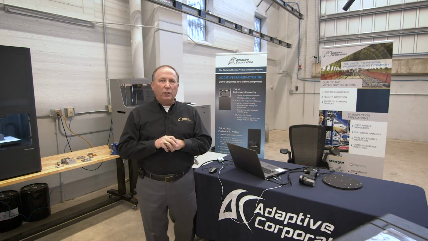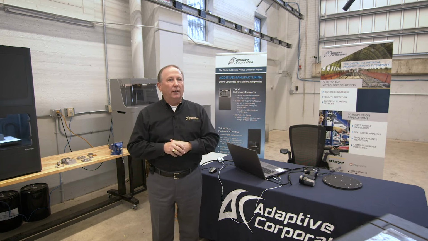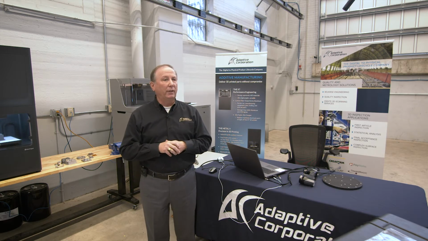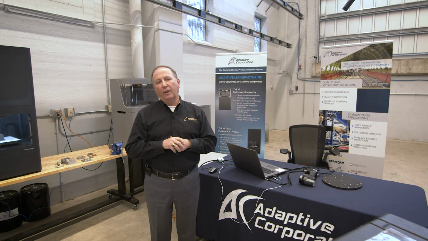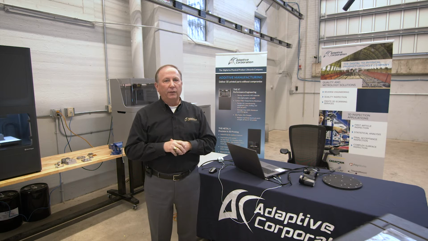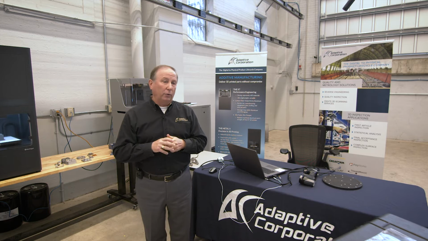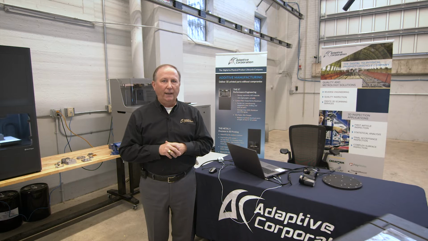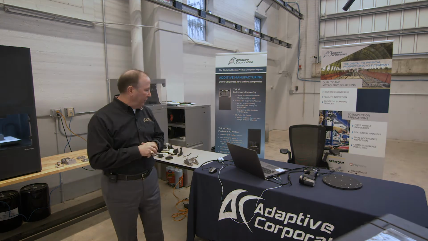So part of what we're going to be showing is a design optimization process, so we'll get into that here shortly with you. Then we're going to feature our metal manufacturing capabilities here, and we'll show you some examples of that and show you some parts and some customer examples there. And then we're going to get into 3D scanning. The 3D scanning use case that we're going to outline today is for inspection. Of course, 3D scanning can be used for a variety of things. We're going to focus on inspection today. Okay? So with that, let's cut over to the PowerPoint, if you would,